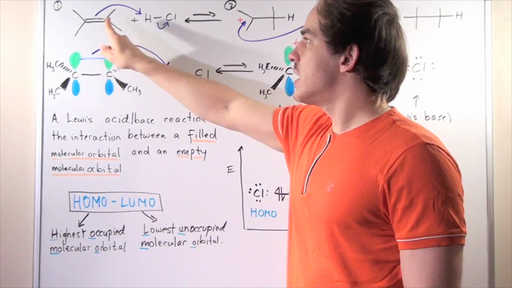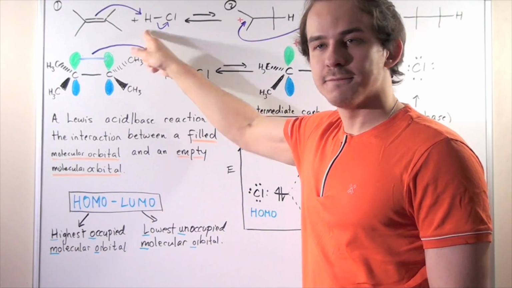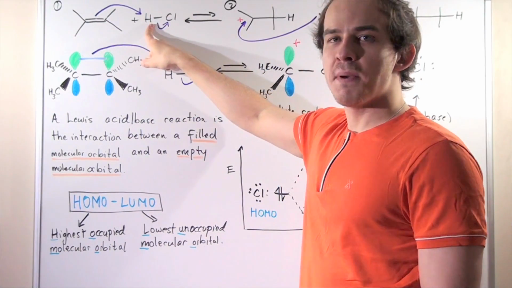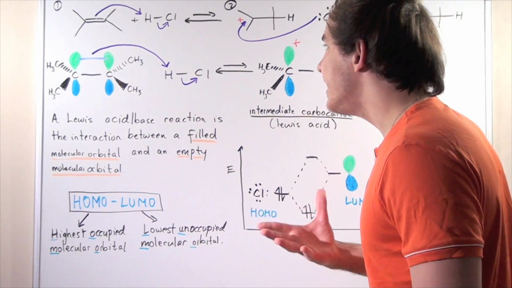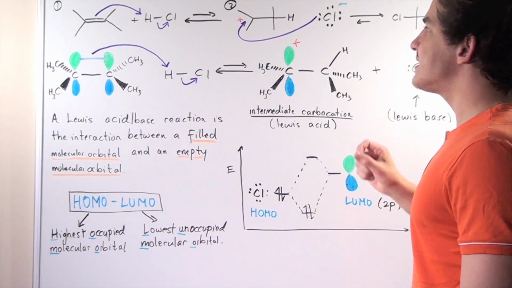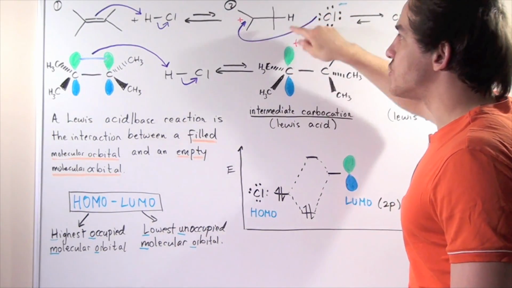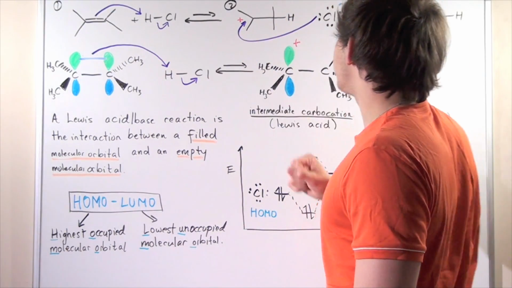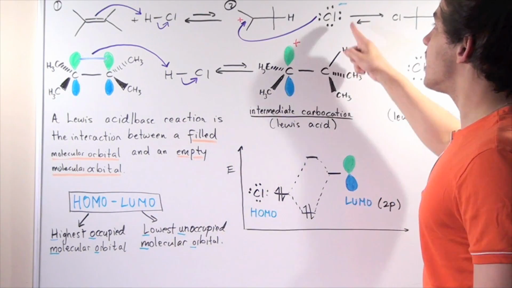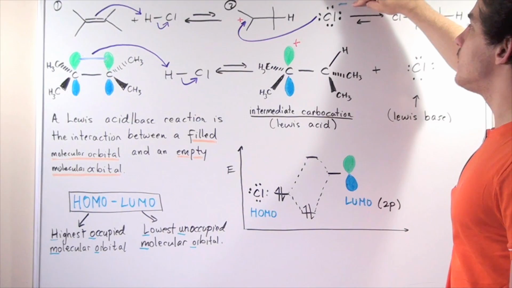So in this reaction, this alkene acts as a Lewis base, and this acts as a Lewis acid. So this donates a pair of electrons, and this accepts a pair of electrons. So our intermediate is the carbocation that has a positive charge on this carbon and has an extra H that it got from the hydrochloric acid. Now this chlorine, or chloride atom, now has an extra pair of non-bonding electrons, and so it develops a negative